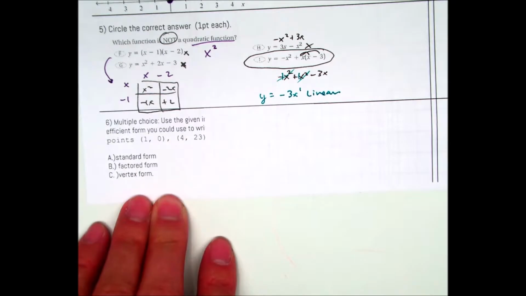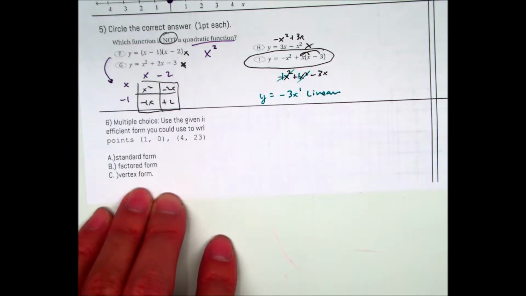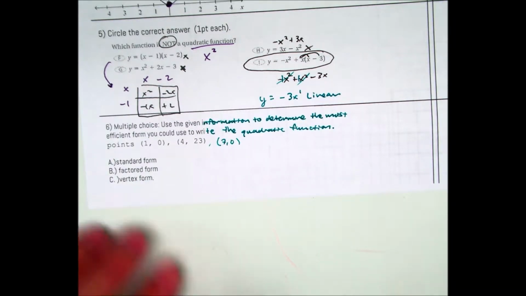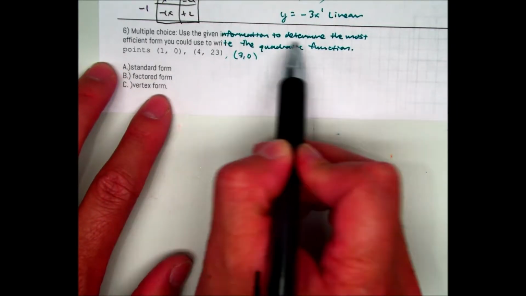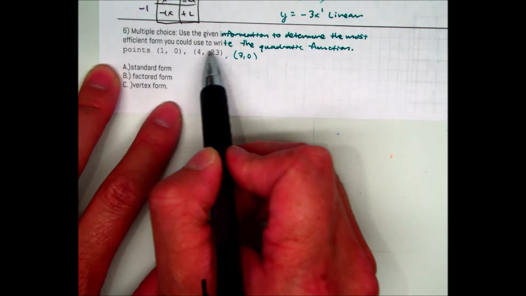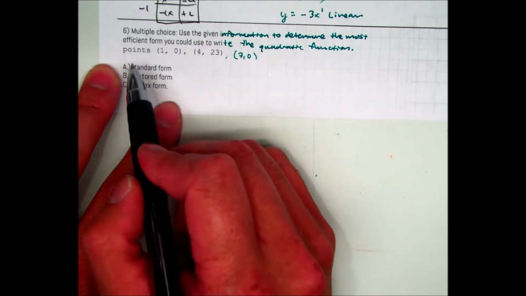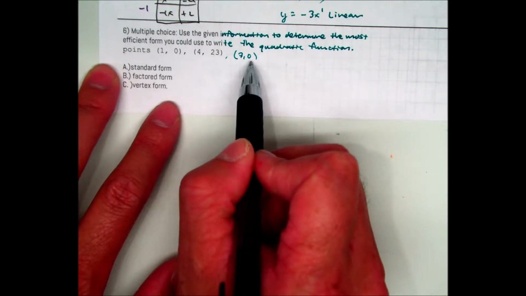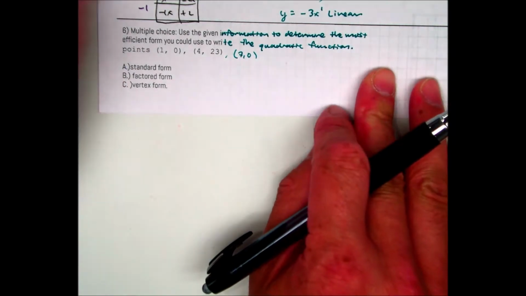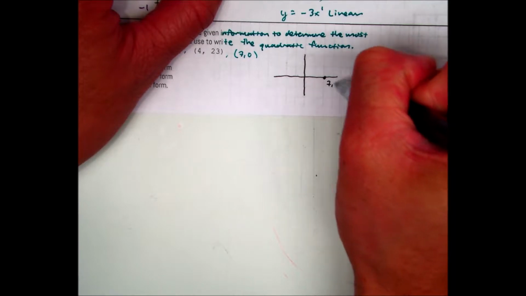Let me get question number 6 because it was cut off. Alright, so question number 6 says, use the given information to determine the most efficient form you can use to write the quadratic function. You're given the points (1, 0), (4, 23), and (7, 0). This is directly taken from the packets we did in class. And I'll give you some graph paper to give yourself a visual. If this was, say, (7, 0) and (1, 0),